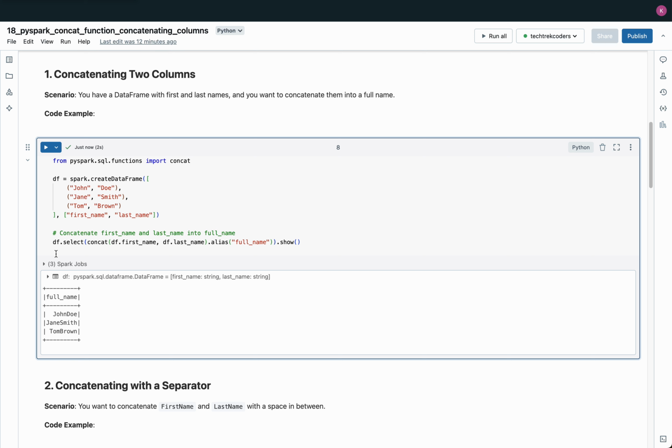To achieve this, we use the concat function from the pyspark.sql.functions module. We pass the columns first_name and last_name as arguments to concat. This allows us to combine the values from both columns into a single new column. We then use the alias function to name this new column as full_name. The .show function is used to display the results, which will show the complete names for each person in